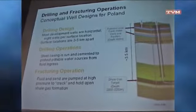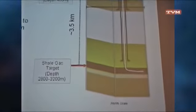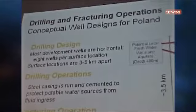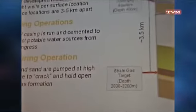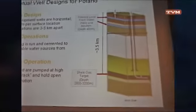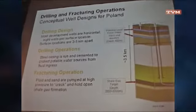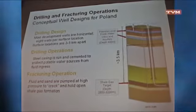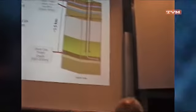You go out there and then you put in multiple fractures and produce the gas back up the wellbore. In order to get production, they pump fluid and sand down into those wells at extremely high pressure, break the formation down in the objective formation down here. They fracture it, so-called fracks, and that allows the gas to flow to the wellbore. The sand is pushed by the hydraulic pressure out into these newly formed fractures. That's called proppant, and that sand then holds, props, as they say, the fractures open, and the gas flows up